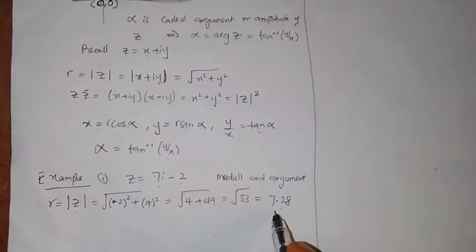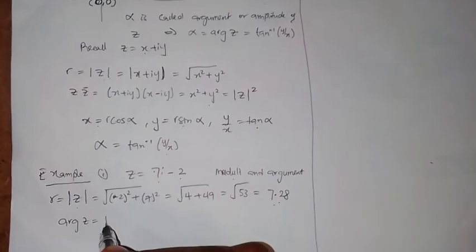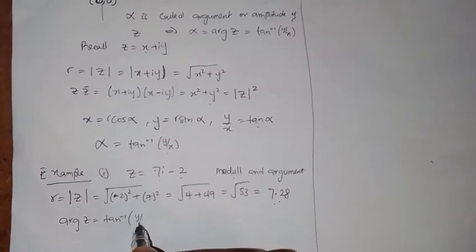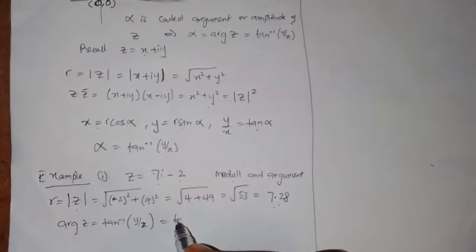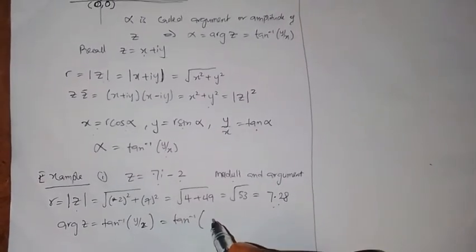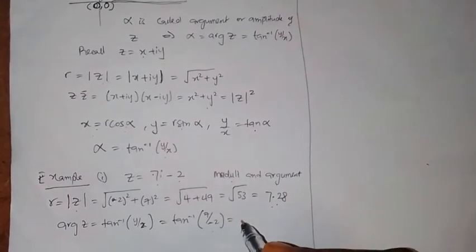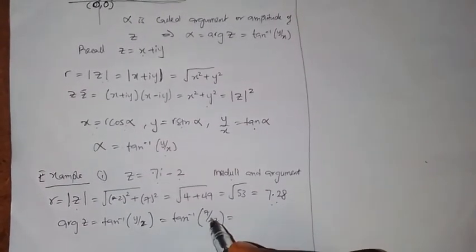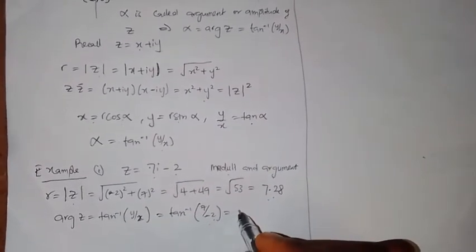Now for the argument, Arg Z, remember Arg Z is the same thing as tan inverse of Y over X, which is going to be tan inverse of, my Y in the question is 7 and X is minus 2. So I will find tan inverse of 7 over minus 2. After finding it, I'm going to get